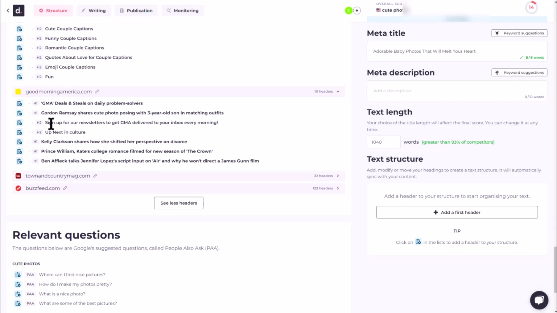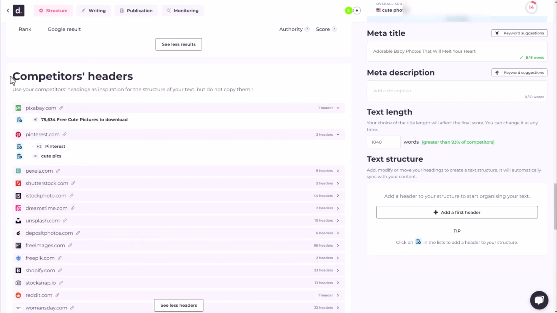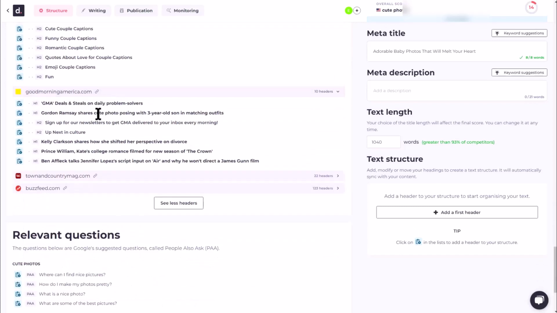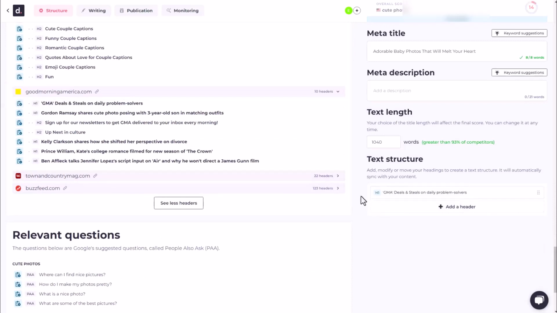So the idea of using competitors' headers is that you can find what the other websites used for their headers. You can go ahead and click if you want to use that header. Then you can immediately see and edit this header to your content. That was a header 1. And if I want to use this one as my header 2, as you can see, I have edited that. I will add another one. There you go. If you want to change to header 1 or 2, you can just switch around, header 3,